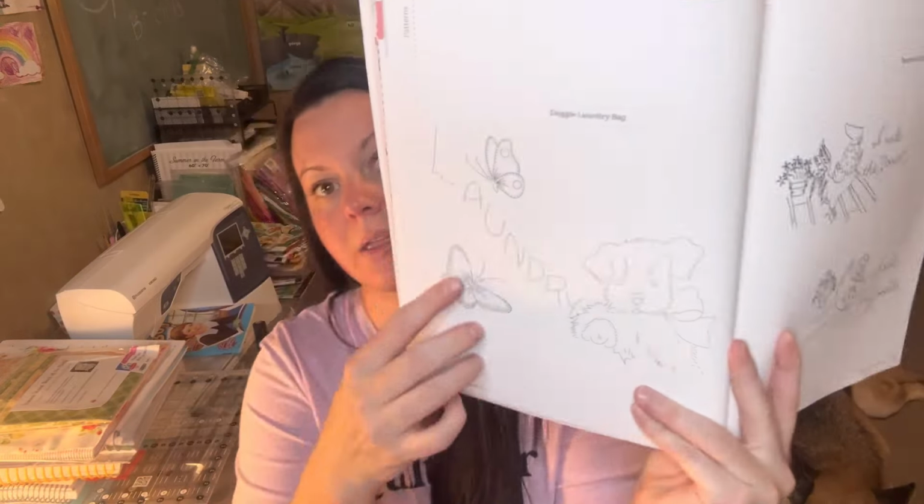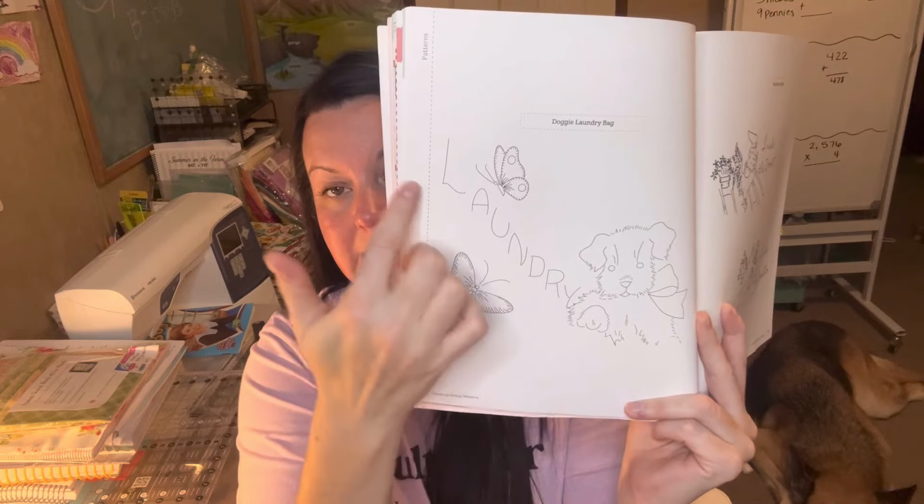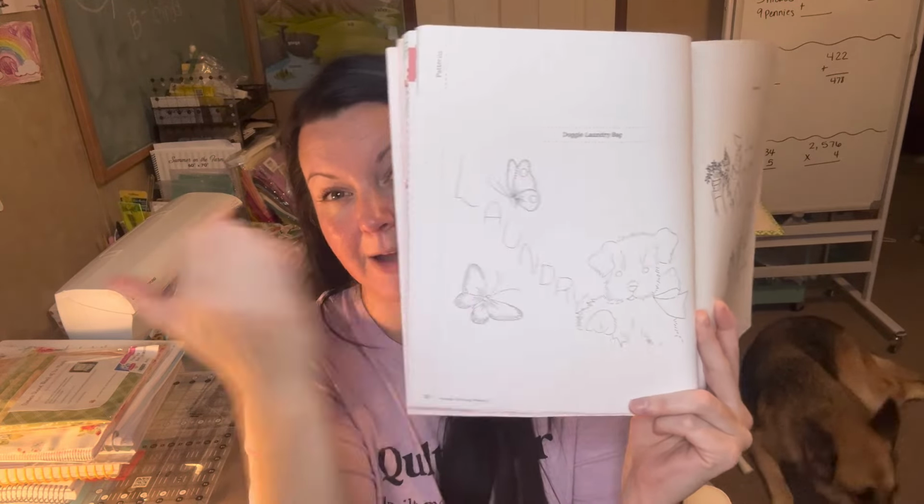Because I was like, how am I going to iron on? But I don't know how to iron on. So what I figured to do is just place my fabric over these pages. Let me try to find one. Because they're all, hopefully it should be right for y'all. But it says laundry, and it says it right. So if I place a piece of fabric and then use that to trace, then it's going to be right, and then all I have to do is cross stitch. So I got that when I bought this, and I still haven't been able to use any of this, but